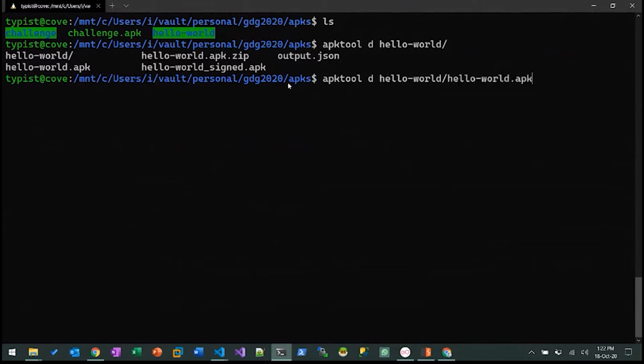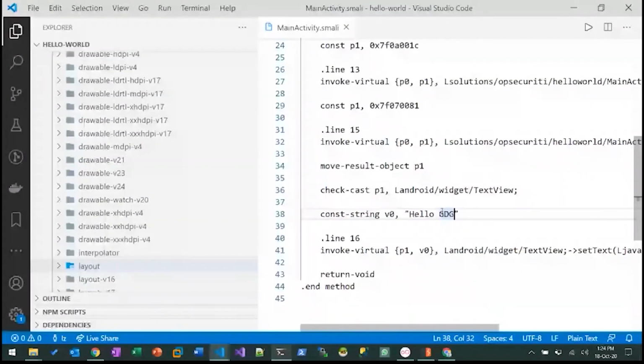So what I did here was I decompiled the application, but I ran it with -r, which is to not decode the resources, because somehow on my machine, if I try to decode the resources, I face an issue where I cannot decompile because I'm missing some dependencies or something. But now if I try to recompile this with hello GDG,